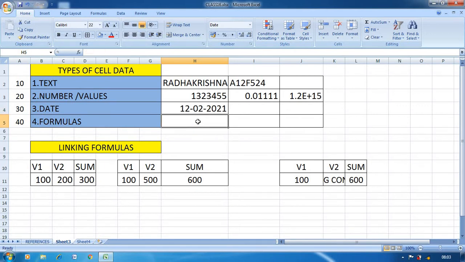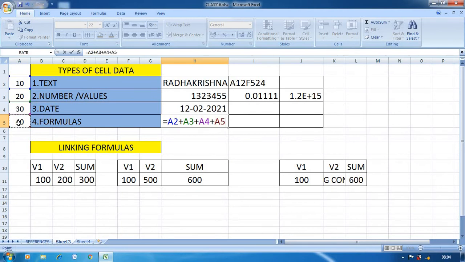Next one comes the formula. Formulas allow users to perform simple and complex calculations. All formulas start with an equal symbol. While writing formulas, it is important to use cell addresses but not the cell values. So always a formula begins with the equal sign. So I will choose this one, A2. All of you know this one, A3, A4,